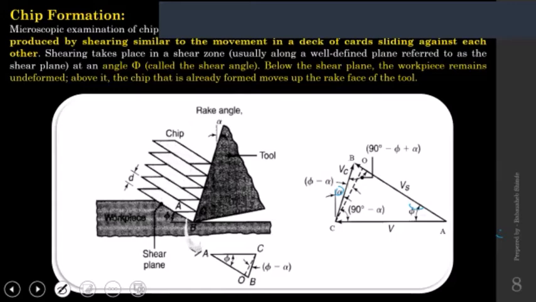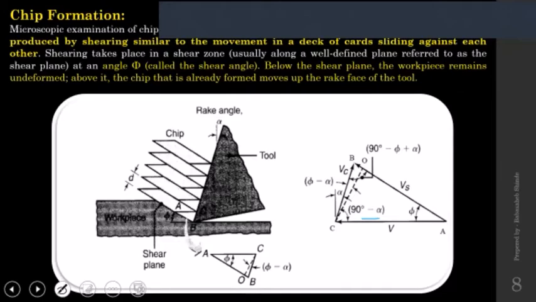this total angle is 90, because this is vertical and this is horizontal. So this horizontal line is nothing but this one, and this vertical is the vertical axis that we have drawn over here. So that total angle is 90. So if I subtract this alpha from that 90, the remaining angle I'll get is 90 minus alpha.